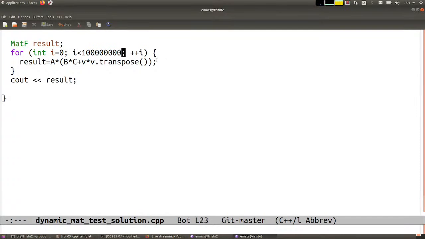And this is the dynamic one, right? On my machine, this takes about 16 seconds, the dynamic. And, well,